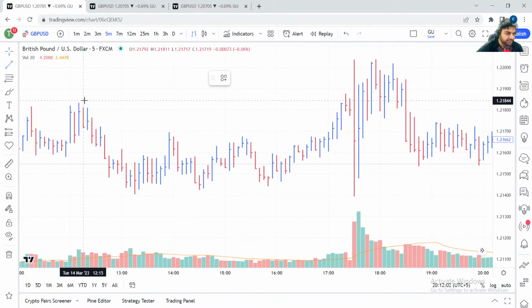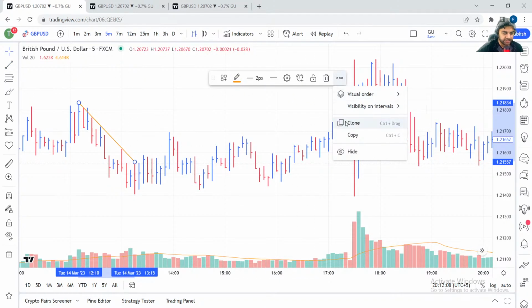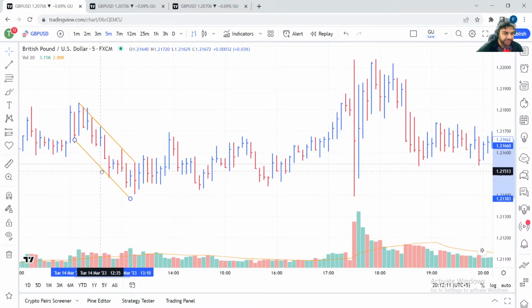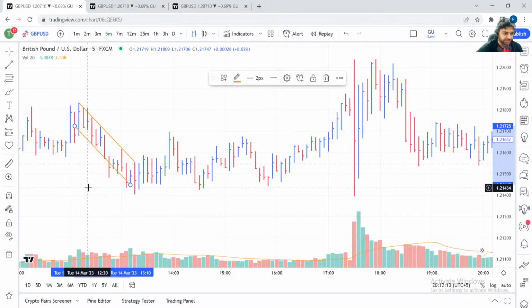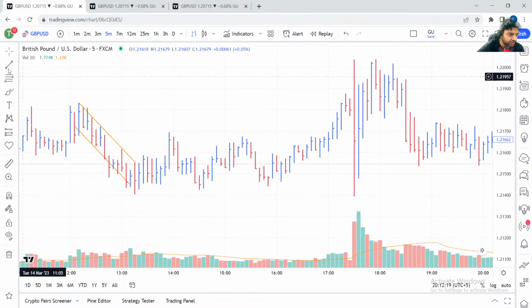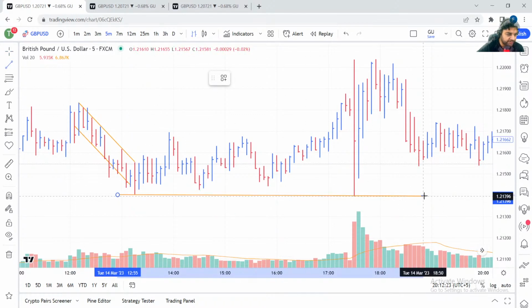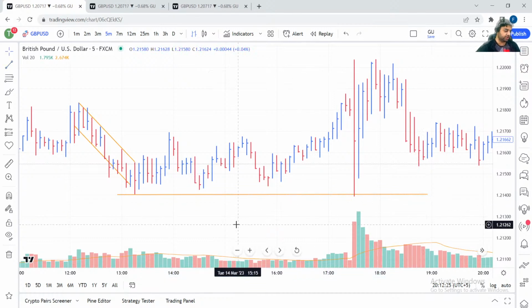So this is the downtrend, right? This is the downtrend. The downtrend is exhausted over here, so I will put it over here, and then this becomes oversold and it falls down further. And the point from where it starts going up, I will also put a support level over here. Okay.